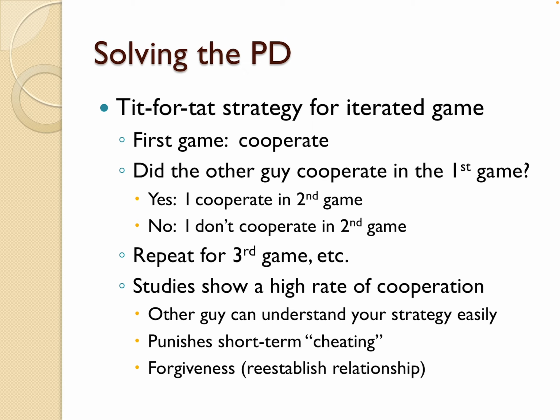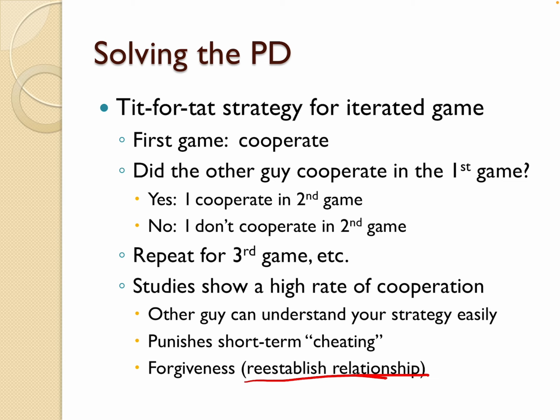And then another thing that this offers is what we call forgiveness. Essentially, there's a way to reestablish the relationship. If I recognize that I'm not going to cheat anymore, so I now start to cooperate, it may take a game, but the tit for tatter now will start to cooperate as well, and so you can reestablish this relationship. These elements, while they seem pretty obvious, if you can enhance these elements at the international level, cooperation is more likely. That's part of the idea.